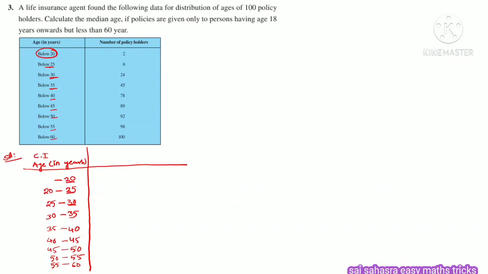If you observe, the difference between any two lower limits is 5. 55 minus 5 is 50, 50 minus 5 is 45, minus 5 is 40, minus 5 is 35, 35 minus 5 is 30, 30 minus 5 is 25, 25 minus 5 is 20, so I can select this one as 15. So 15 to 20 years. Now next, we have to write the number of